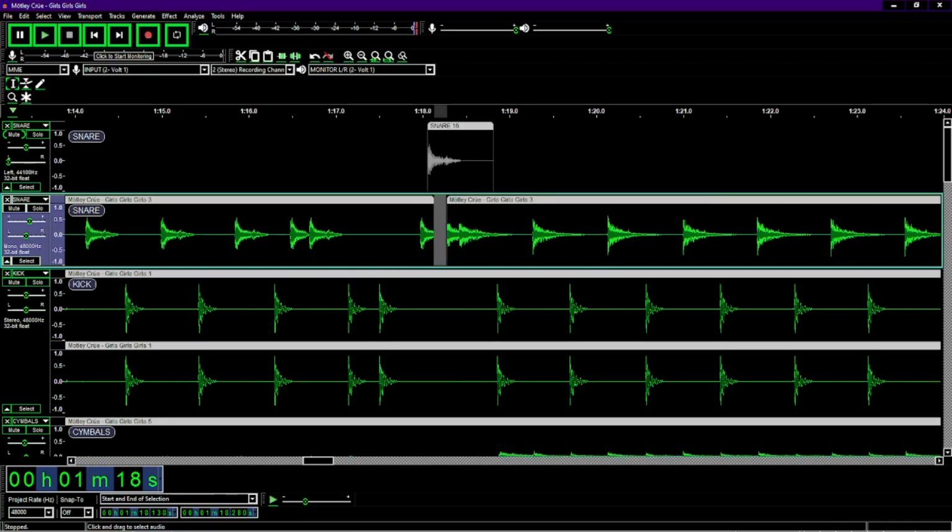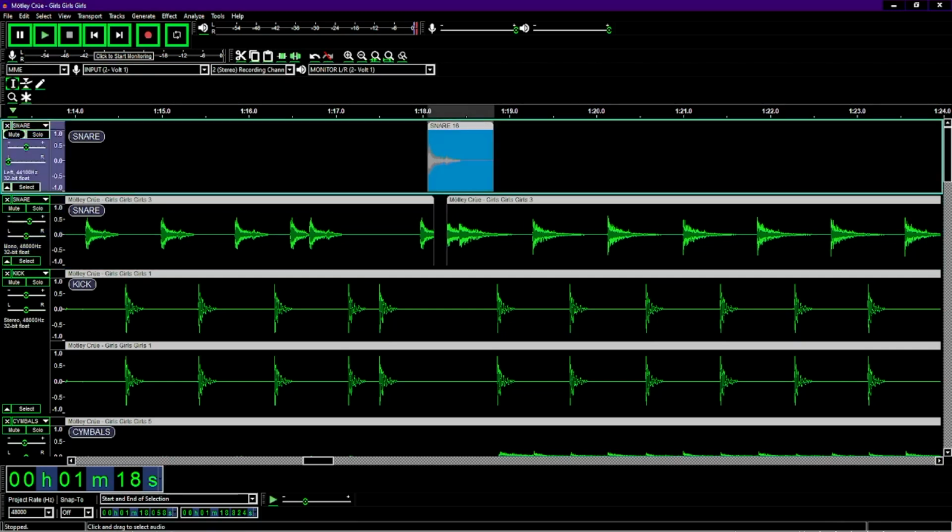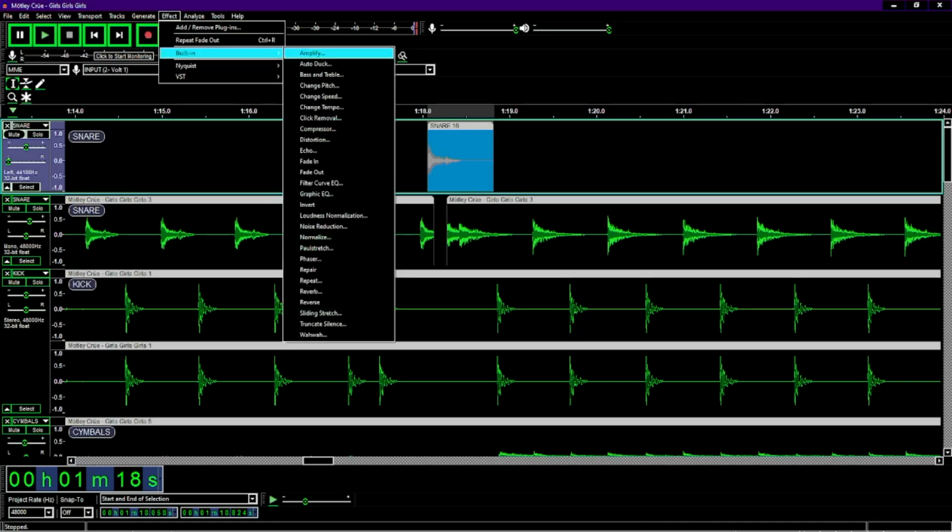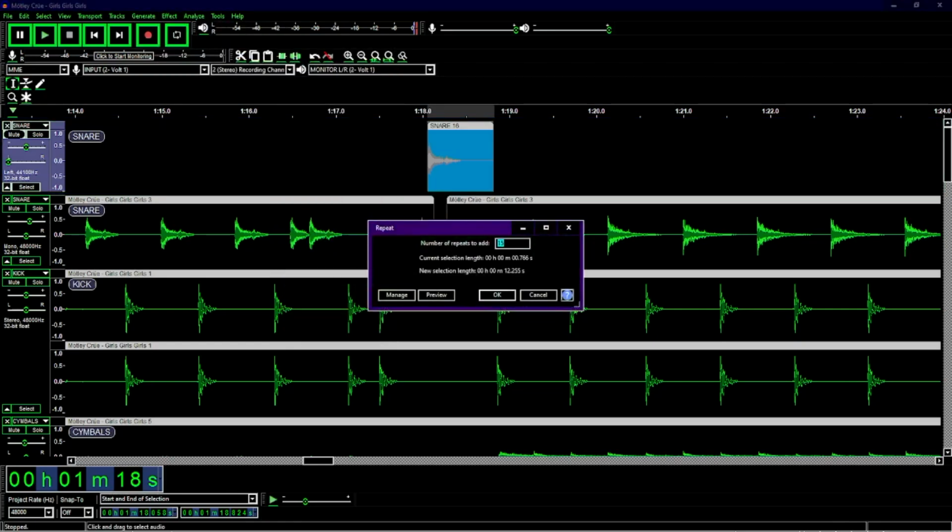Okay, I have to print some more snare shots here, so what I'm going to do is I'm just going to highlight this, and then I'm going to go into my effects here, go to built-in, go down to repeat. There it is. And I put in a number of 15, so I'm going to, well,